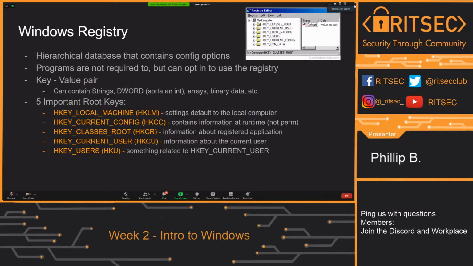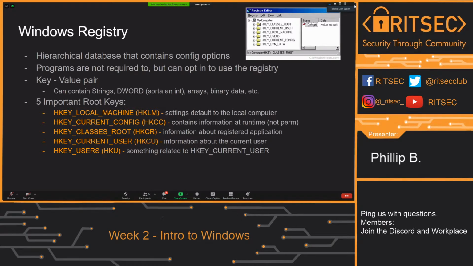They're stored in a key-value pair, and you'll see this once you do the challenges. There is a key, which is what is being stored here, and then a value for that key. For example, in that picture, it's just set to default and they don't have a value set. It could be set to run this program. The key could be run this, and then the value would be a command to run the program. So it's really powerful, and there's a lot you can do with that.